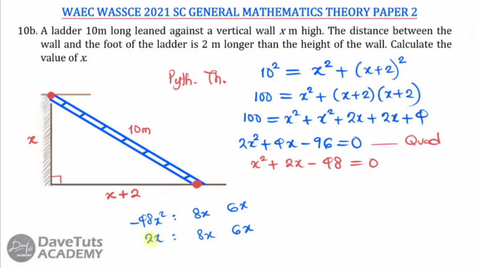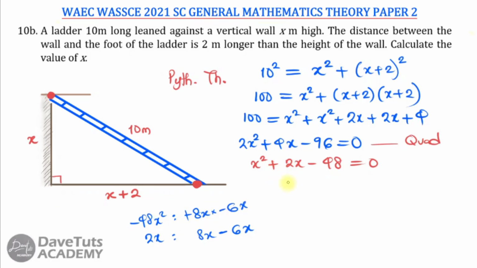Since the addition of the two should give us 2x, and 8 is the larger number, we can say 8x minus 6x, because 8x minus 6x would be 2x. 8x multiplied by minus 6x, the plus in front of it, you multiply the minus to give us minus 8x times 6x to give us 48x squared. So 8x and minus 6x is good for us,